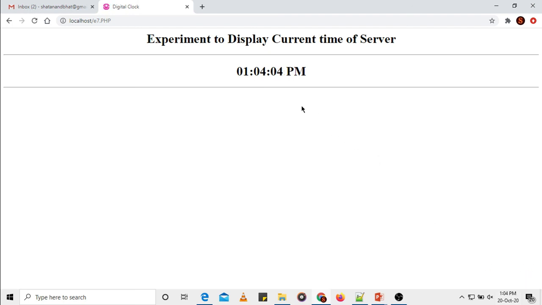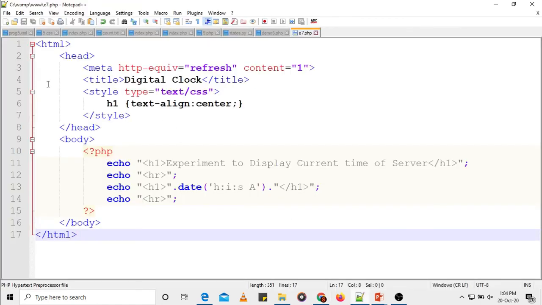So this is the experiment. It's a very simple code. So what have we done? Within the HTML, we have the head and body. Within the body, we have specified the PHP script. Whatever needs to be displayed in PHP should be echoed. Whatever needs to be printed or displayed on the web page should be put within the echo, or should be called after calling the echo function. So echo, we are going to display this h1 text in HTML head h1 heading.